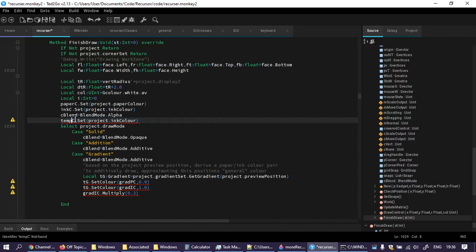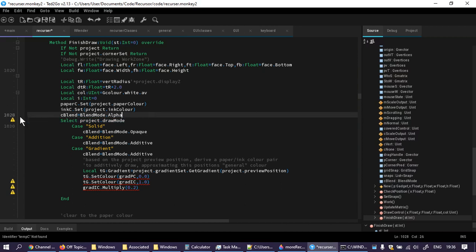This has no right to be there, and this should be paper color, and this should be ink color, as should this. Okay, so now